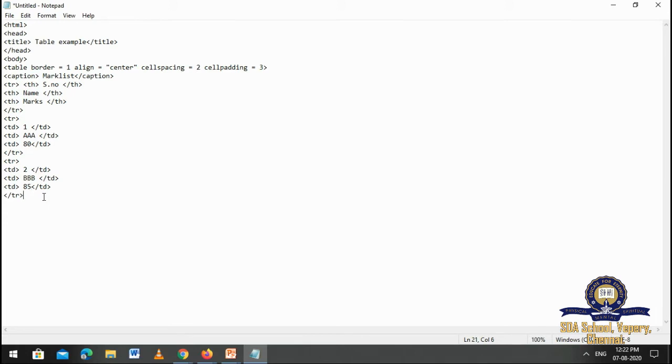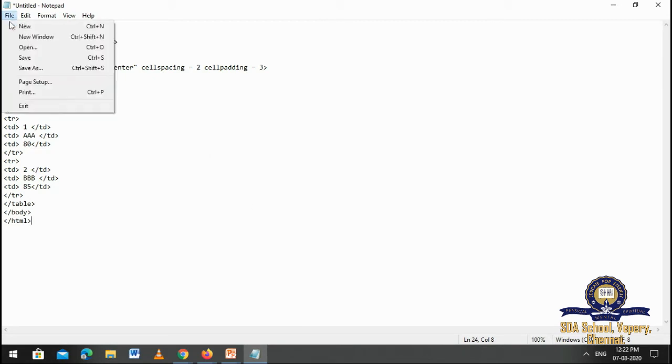So with this, let me have the 2 rows, enough. Table row is closed. You have to close the table first, and then you have to close your body tag. And then you have to close your HTML tag. So now the program is ready.